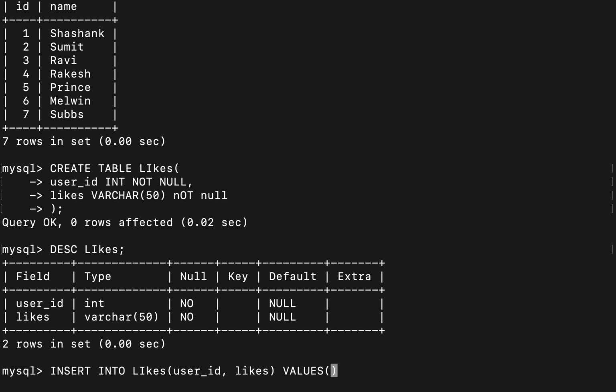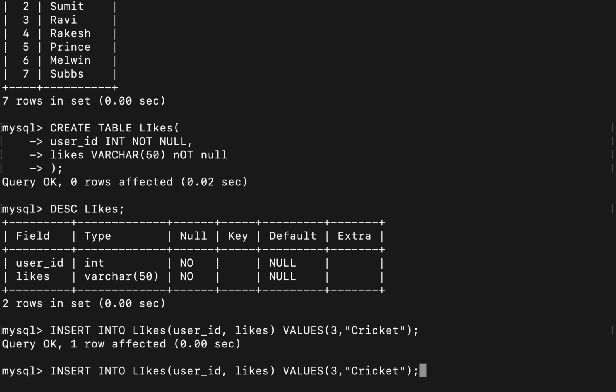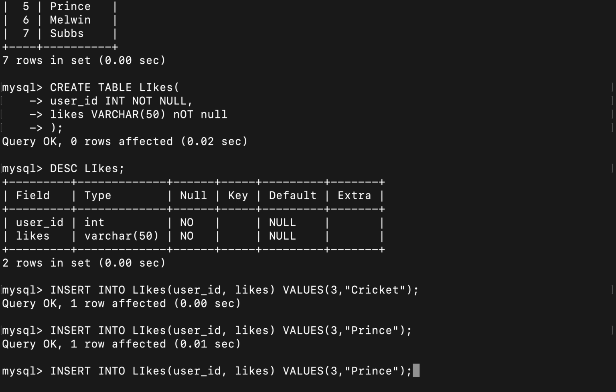Inside these values, let's say I am putting 3, and whoever is 3, Ravi, likes, let's say, cricket. And then let's say Prince also likes cricket. Whoever is 2, he likes football, let's say.